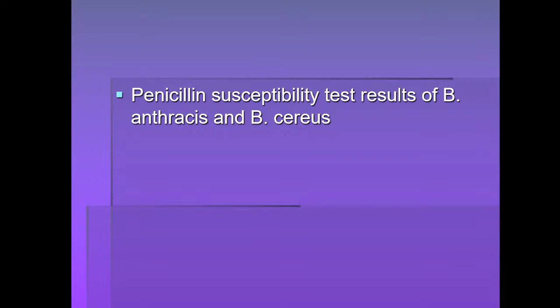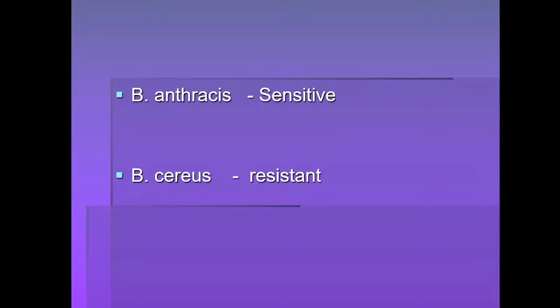Now, for penicillin susceptibility, we can also use this to identify Bacillus cereus and Bacillus anthracis. Bacillus anthracis is generally sensitive, and Bacillus anthracis is